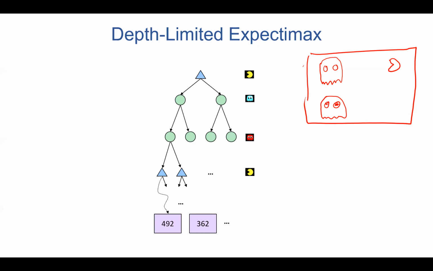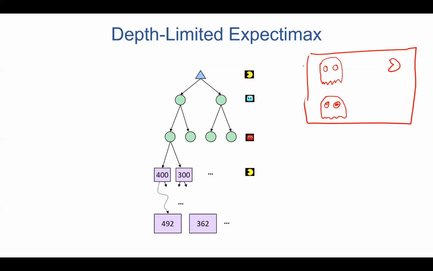Depth limited. Okay. Your tree is really, really large, meaning that you cannot go to the leaf nodes. It's not possible. So what you do is limit the depth, and then you estimate the values. Just provide an estimate. And remember, we said that we will have to select the best evaluation function. That means we will have to provide the estimates here. Those estimates might not be super